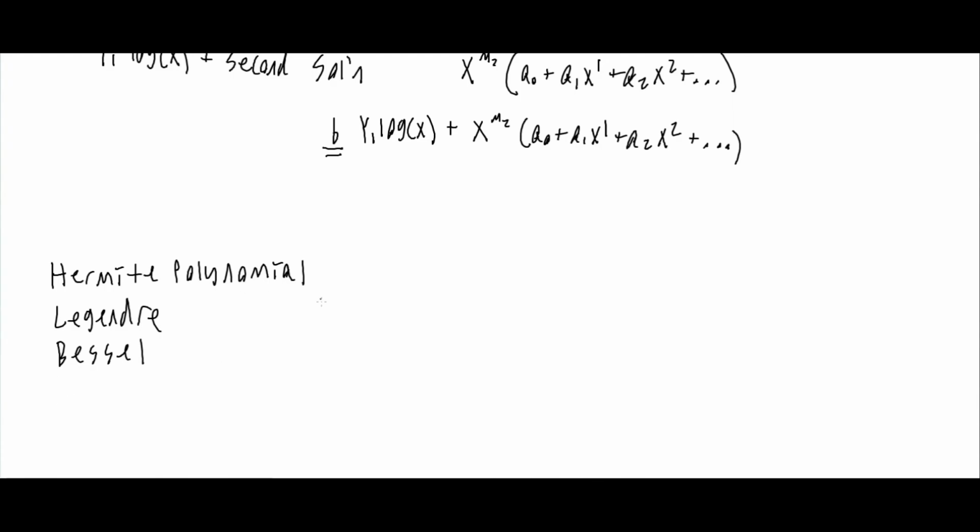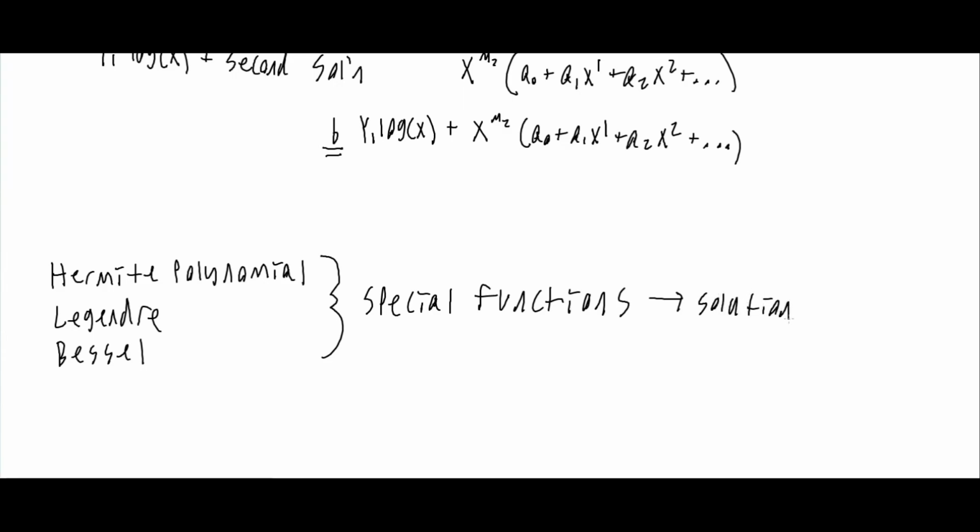But anyway, once again, the point of doing all this is to look at these special functions that we will have coming up as solutions in the Schrödinger equation. Solutions to the, put the little umlaut there, Schrödinger